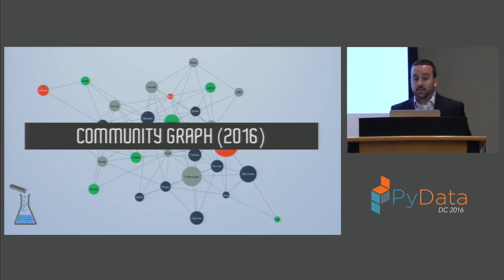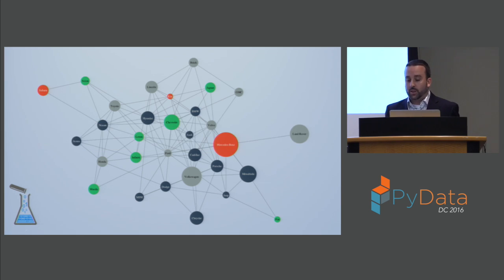Another thing that you can do with graphs is community detection. So I took our original graph with all the companies in it and all the connections, and I ran it through a community detection algorithm, and it was able to find 4 communities. Here I basically just color-coded the graph based on the community that each company fell into.